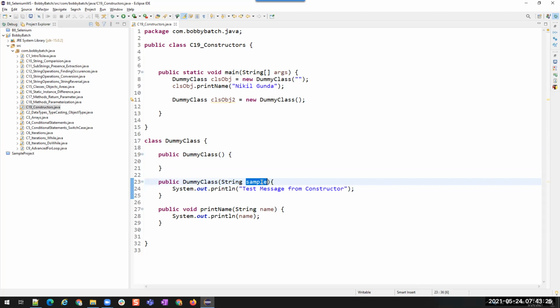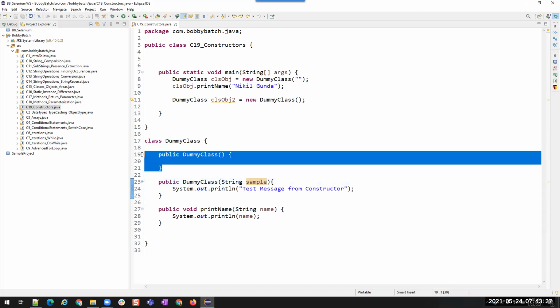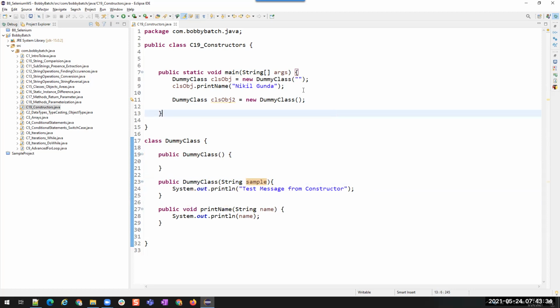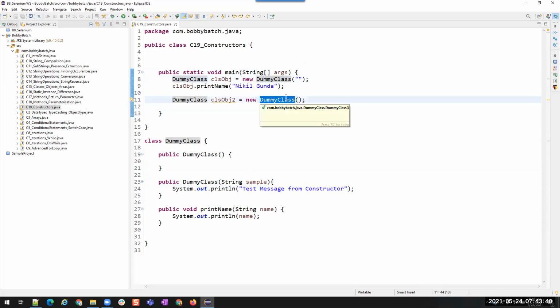Okay. If you don't need it mandatorily, then you can implement the constructor without parameters, an empty constructor, so that you can create this object with the parameter or without it.